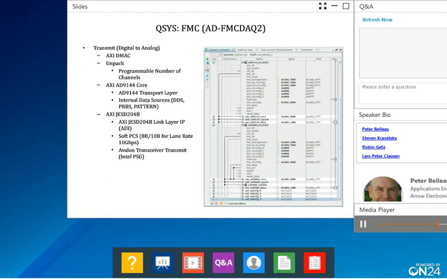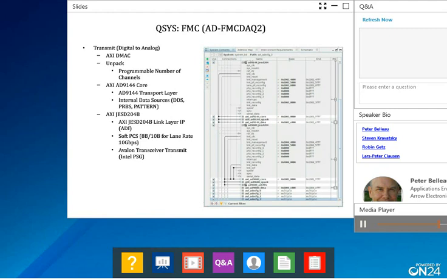This core also provides a DDS dual-tone, PRBS, or pattern internal data sources. Finally, the AXI JESD204B IP core encodes the data using a soft 8B10B encoder and provides a link layer to the external AD9144 DAC. This core utilizes Intel PSG transceiver IP for data transmission.